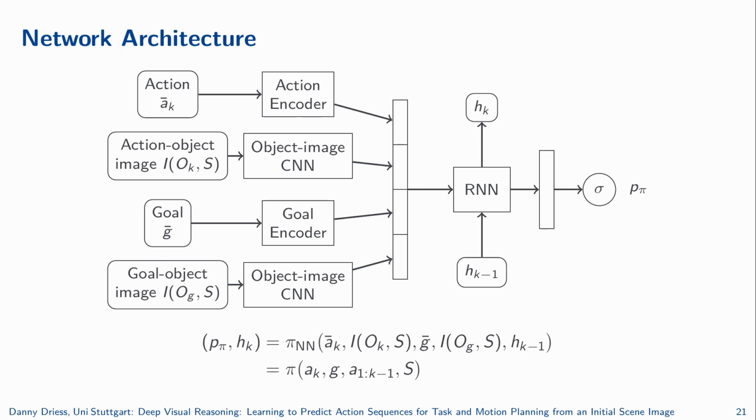The network we propose consists of CNNs that encode the action object images and the goal image, as well as fully connected layers that encode the action operator symbols and the goal symbol. The resulting encoding vector is then fed into a recurrent module, which takes care of sequence prediction. Since the robot has only access to the initial scene image, this recurrent part implicitly has to learn the effects of the actions on the environment without explicitly being trained on, for example, to predict a future state, which is, as explained before, not really well defined.